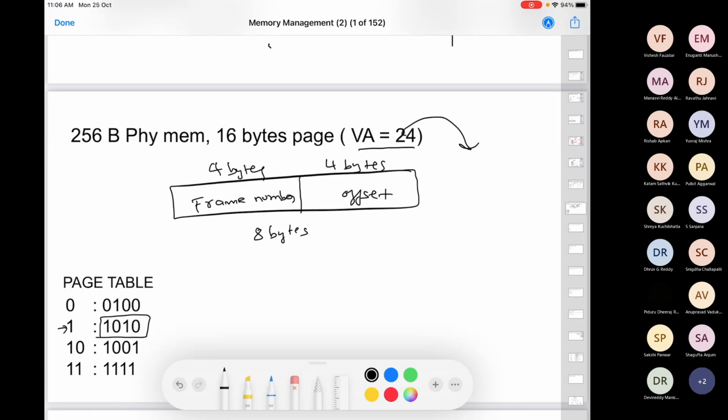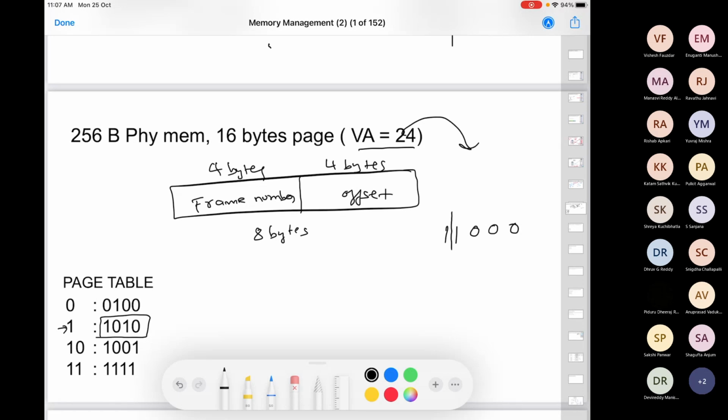What all we have to do? Convert this 24 into binary. What will you get? 1 1 0 0 0. So this is your virtual address. Even in this virtual address, we have discussed that the number of bits in the offset will be the same.